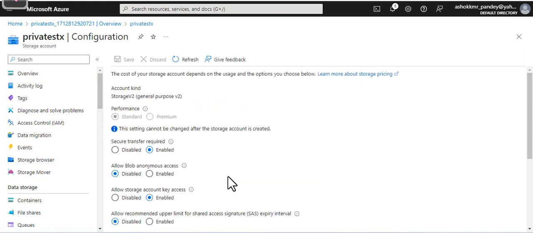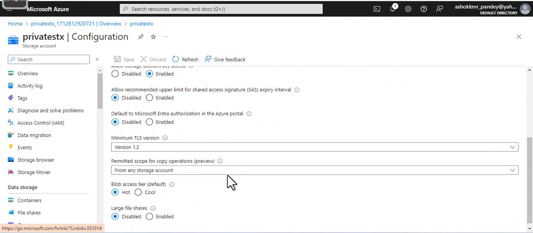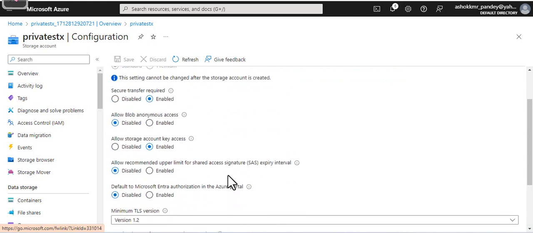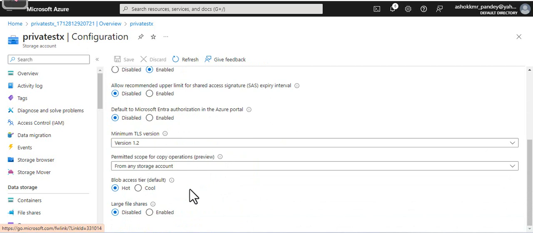If you click here, now you have the options to enable your access tiers. Look at this, guys. I am doing these settings under the storage account,